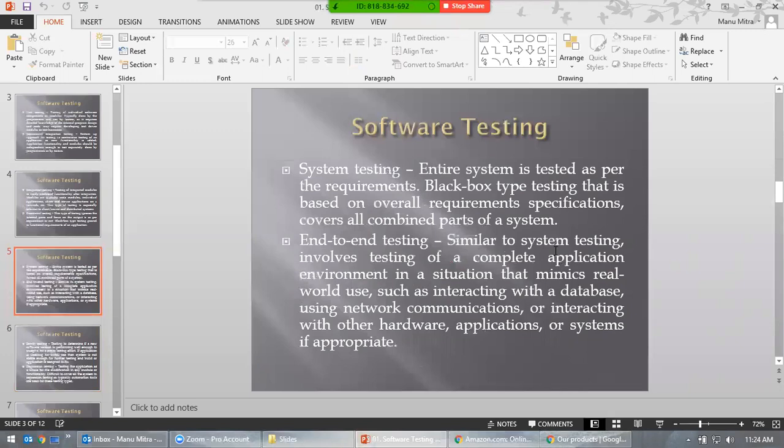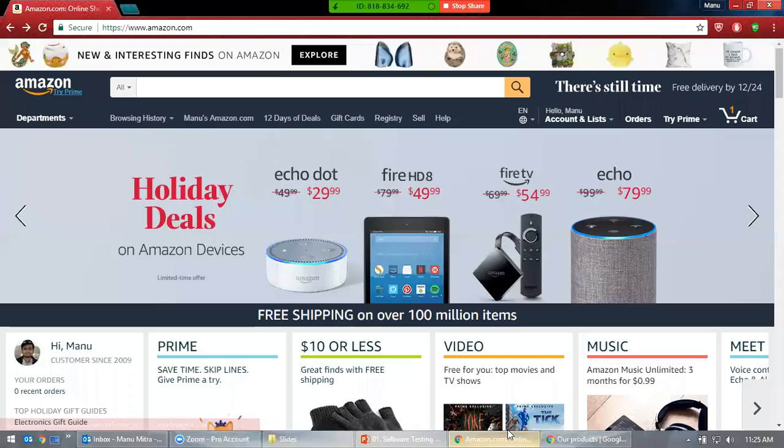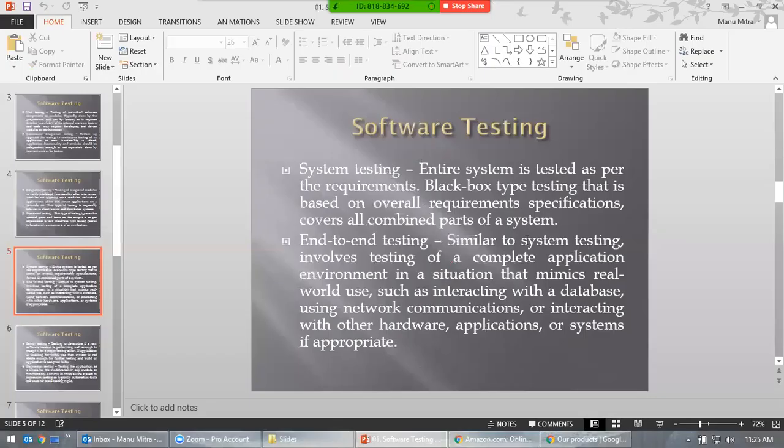System testing. Here now this is more specific to the system, not to web applications. As I told you before, there are two things to remember when you're testing: one is web application and the other is client application. See, Amazon.com and Google.com are web applications. Now a client application is something which you install in your system and start testing. So that's called system testing. If you say system testing, that means you're referring to specific client applications.